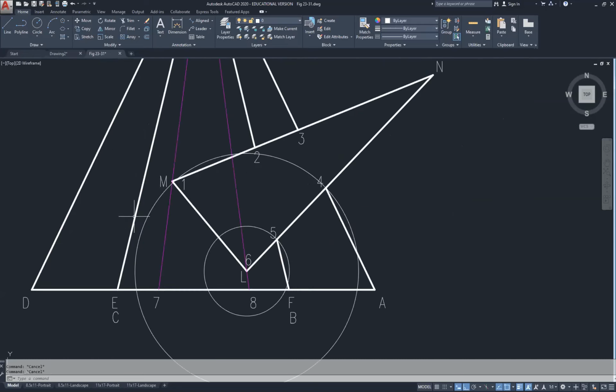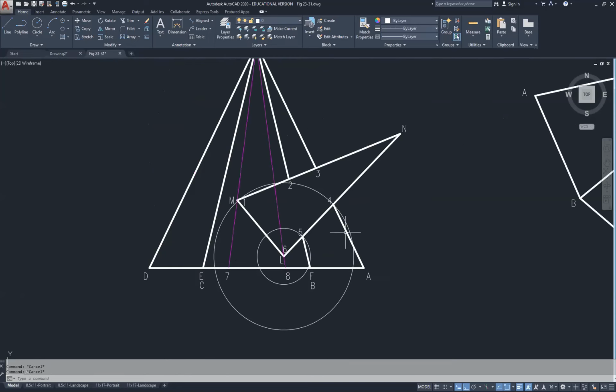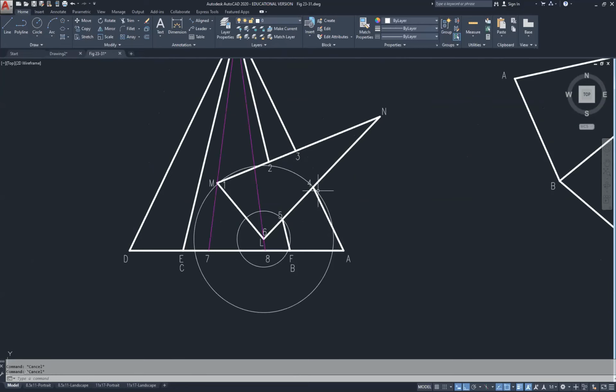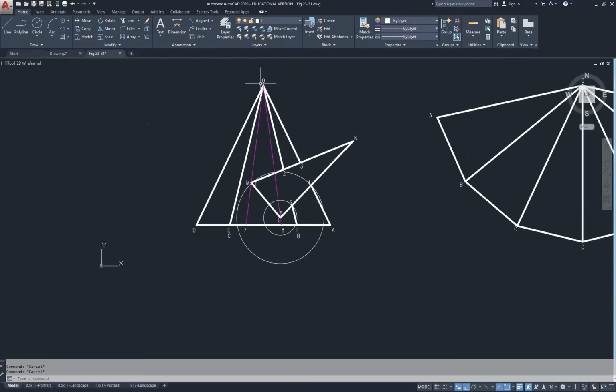Now, you'll notice that some of these lines are broken. A to 0 is broken because the triangle intersects at 3 and 4. Now, because 0 to A is a true length, I can use that